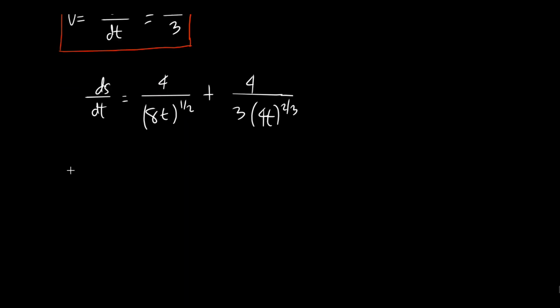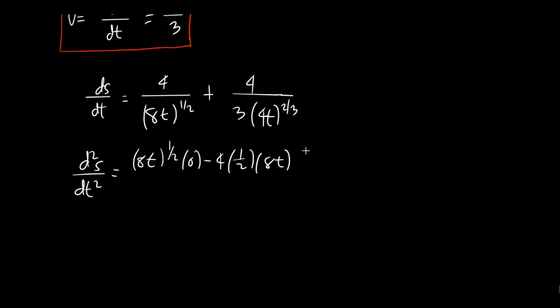So we are now ready to differentiate. So d squared s all over dt squared. So 80 is copied in the denominator. The derivative of a constant is 0, minus 4 times 1/2 times 80. 1/2 minus 1 is negative 1/2. The derivative inside is 8 all over 80. So 1/2 times 2 is equal to 80. So plus,